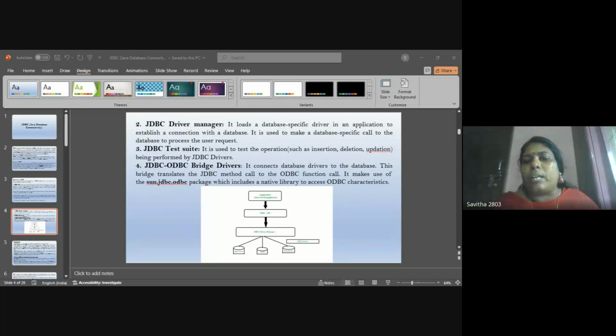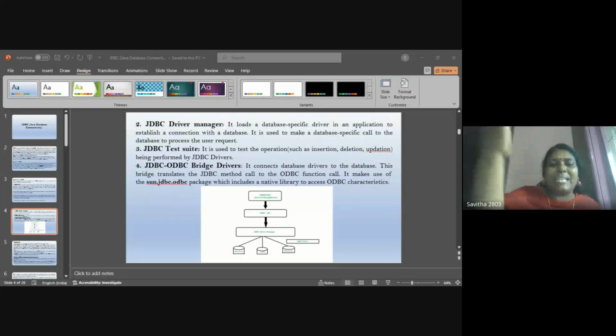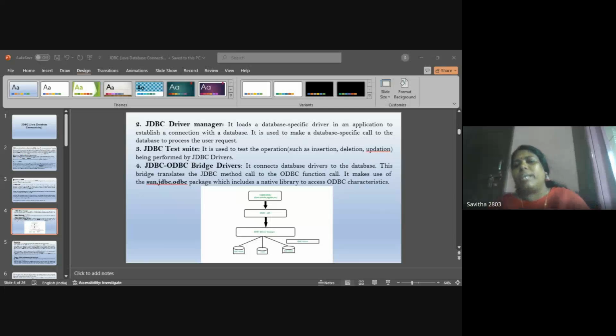Then count equals st.executeUpdate(query). ExecuteUpdate means whatever query we inserted, the query being insert into students values, these values will be executed and the database updated. Then the number of rows affected by this query is stored inside the count variable.